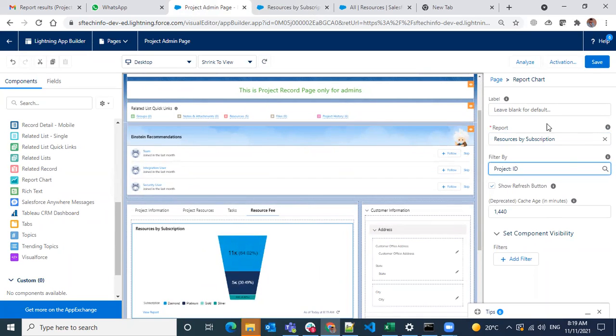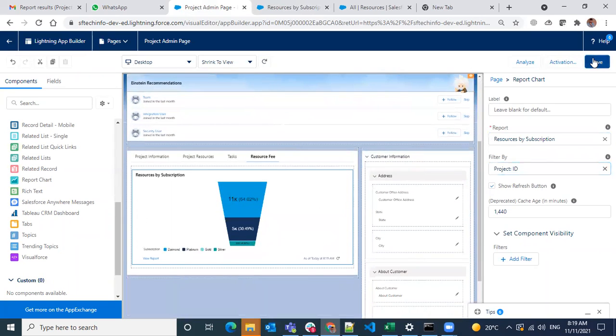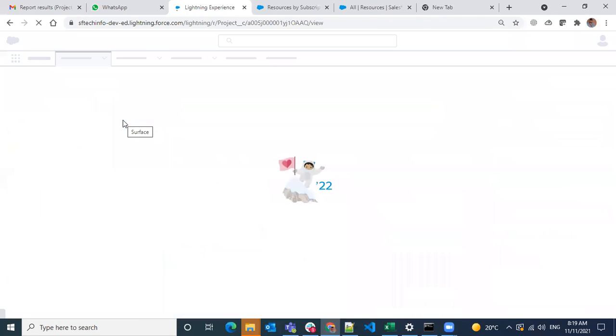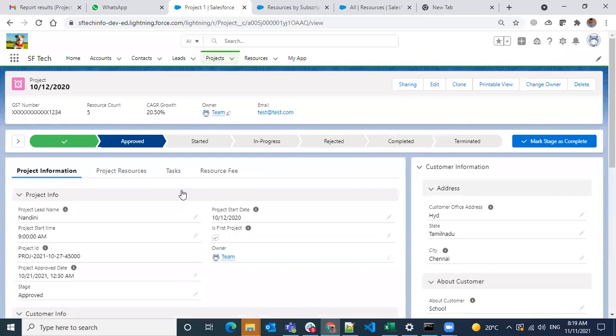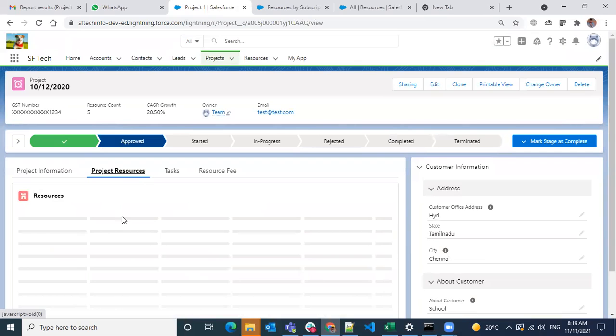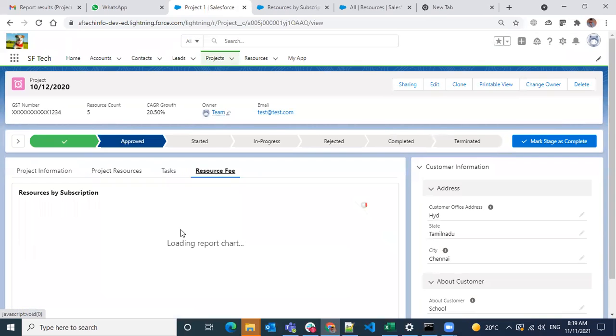Okay, and I'm just giving a save and see. Save it, going back. We have subscriptions for only one project. Sorry, I have created resources. So for the project resources, I have around 5 resources here.